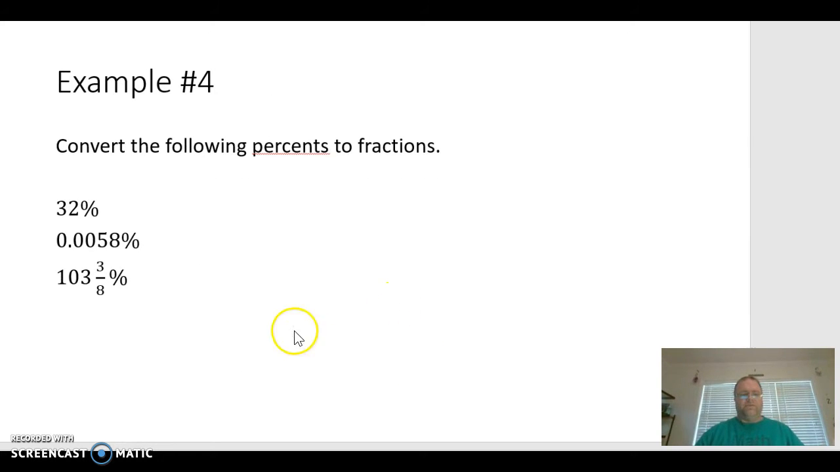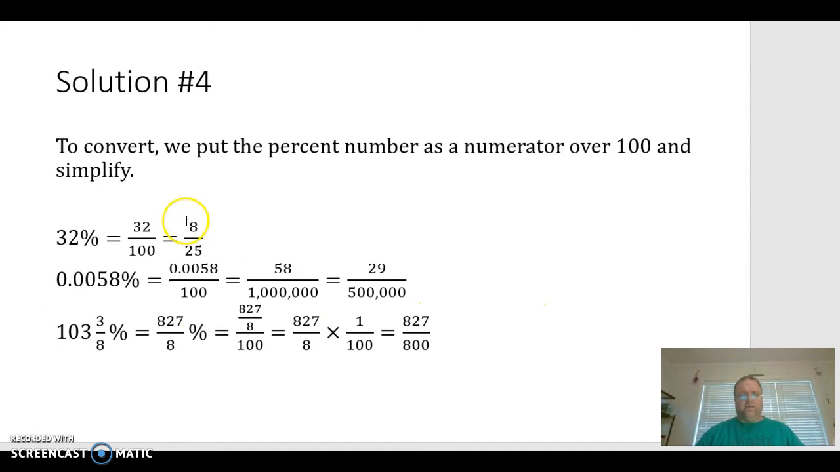All right, so try a couple of these and see how you're doing, and then we'll go through the solution. Okay, so to convert, we put the percent number as a numerator over 100 and simplify. So 32% becomes 32 over 100, simplifies to 8 over 25. 0.0058% is